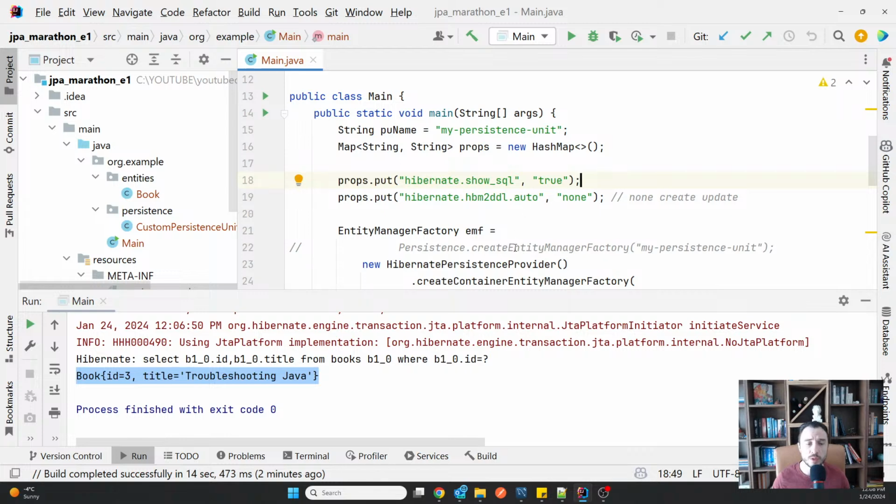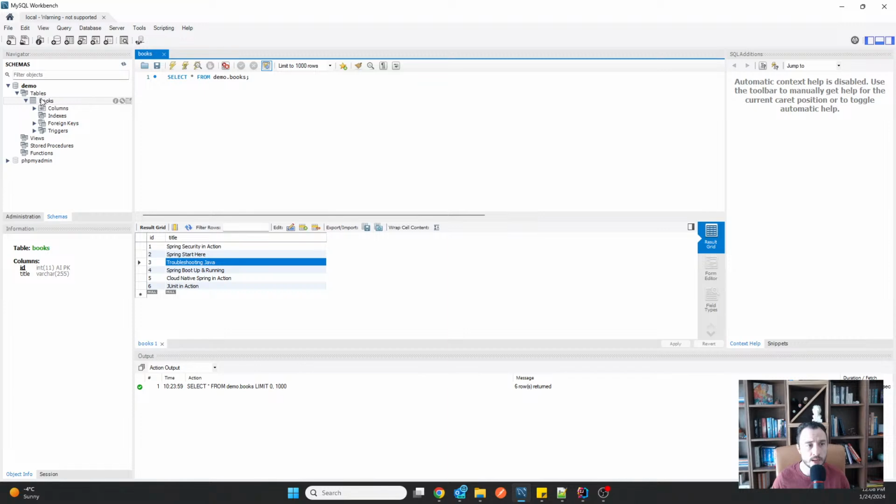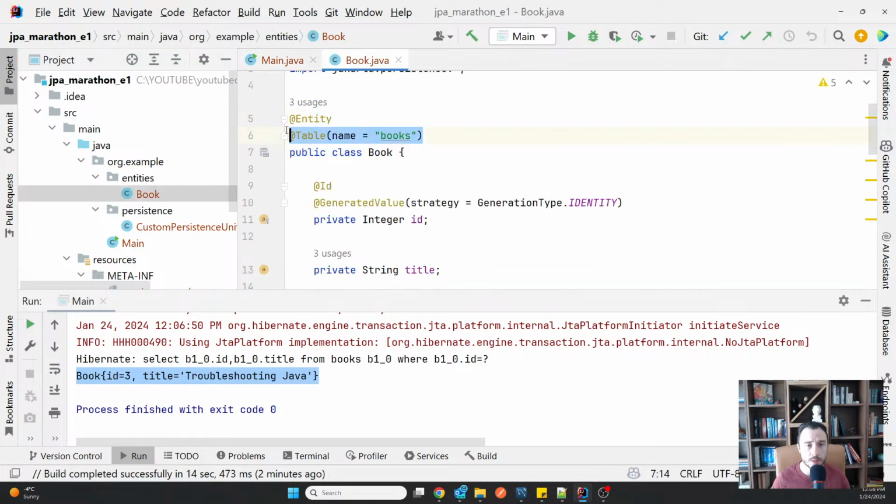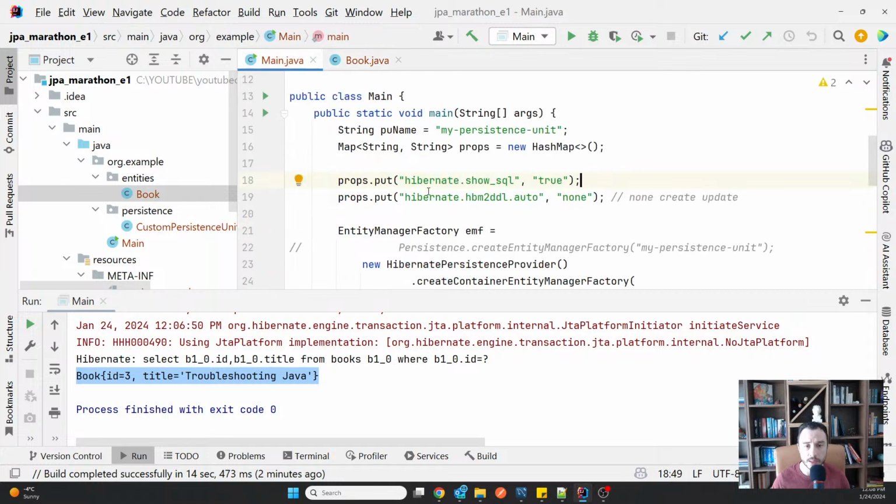So what we usually do is that we already have the tables. Like I started, now I had a books table, and I started creating my entity class from the table, adding the right annotations here depending on how the table looks.